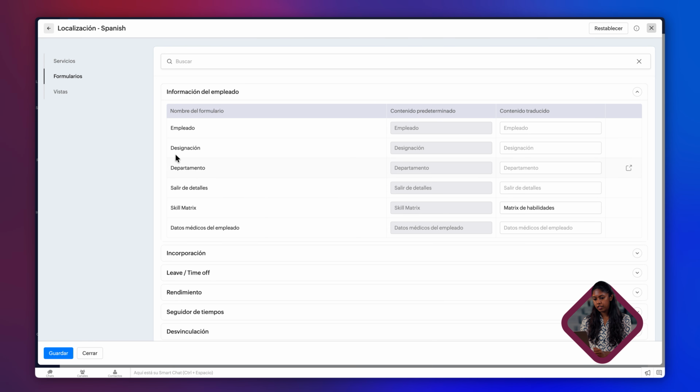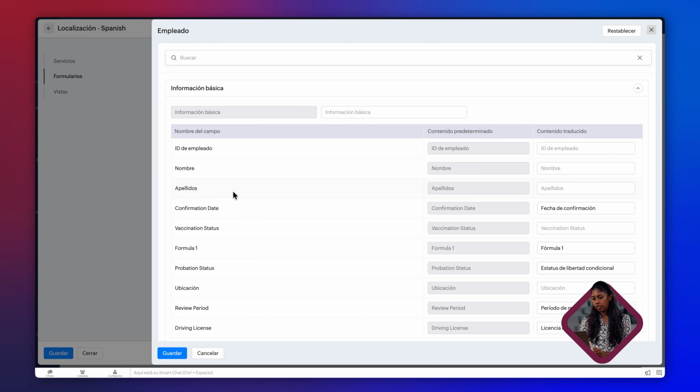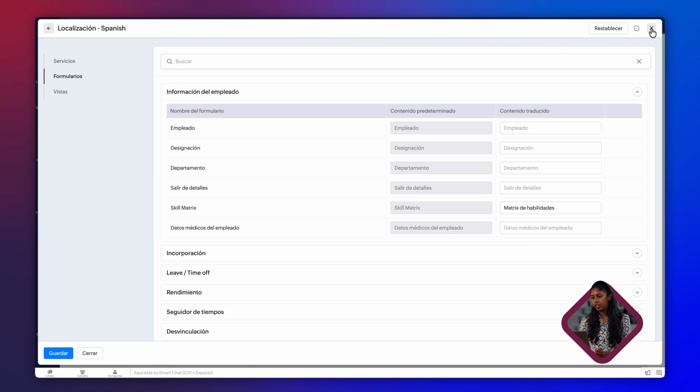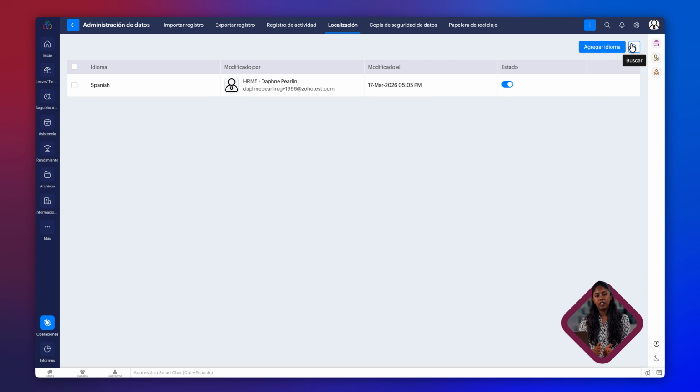See, under each service, you do have different forms. You can change the form names. And under each form, you do have fields. So localization can be extended from service names to form names, and even to field names. This helps you give an accurate translation instead of the literal translation provided by the system. So these are the last two enhancements: form localization and enabling audit for forms by default. Thank you.